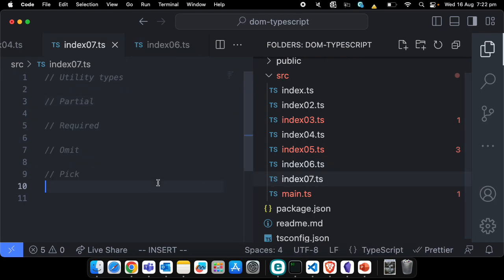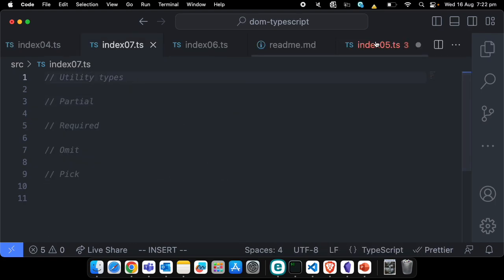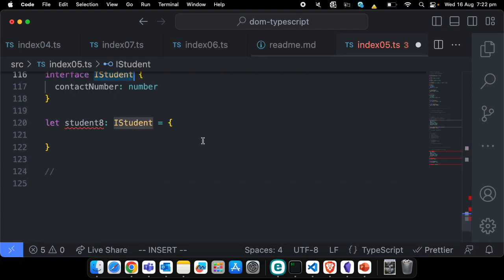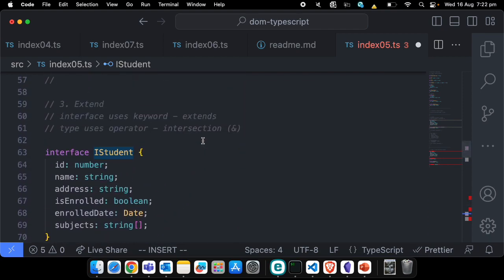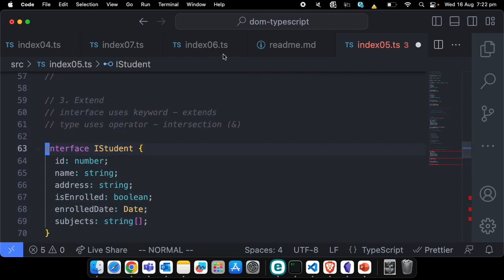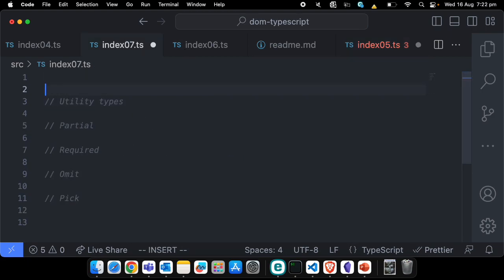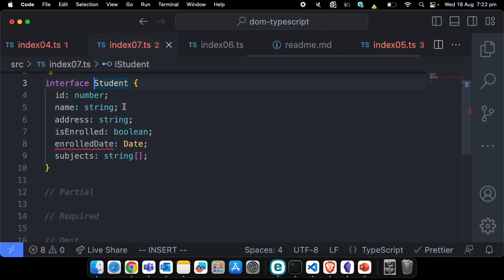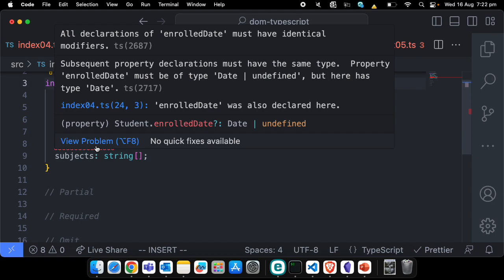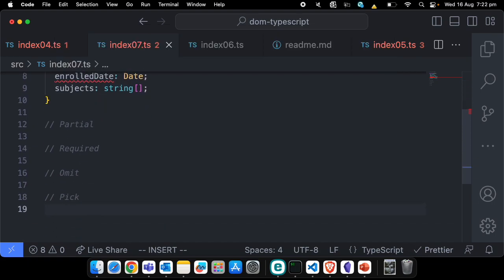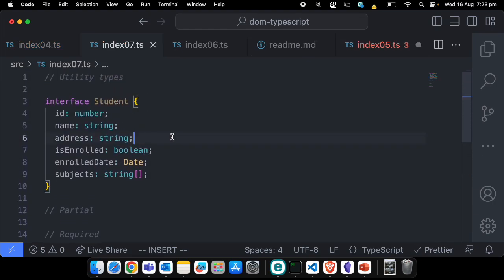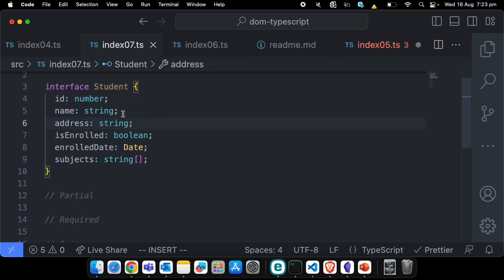I think 7. Okay, so what I'll do here is I'll say, where is my interface? Seven. And let me remove this for now. Why? Maybe I'll, yeah. So